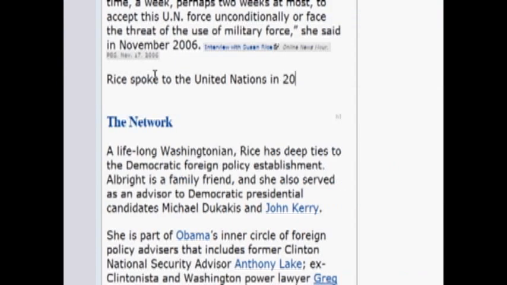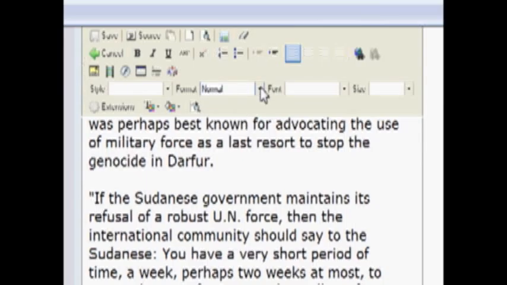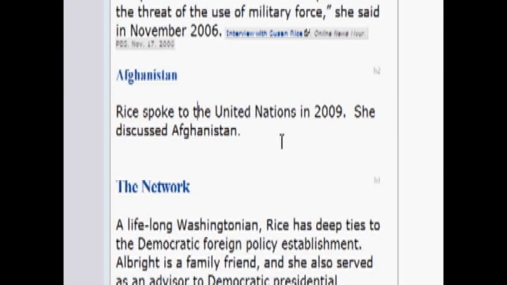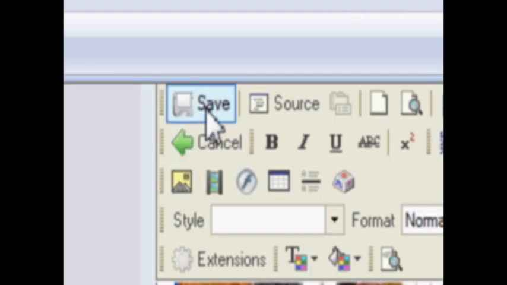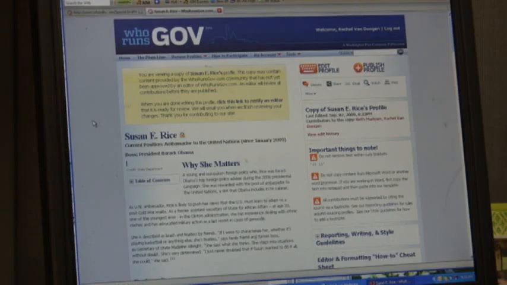Say that you wanted to add a more specific and longer section about what that speech contained. Say that it was about the war in Afghanistan or something. You might title that subsection Afghanistan. You'd highlight it, then click Heading 2 under Format in the editor, and you begin typing. Then you want to click on Save in the editor,